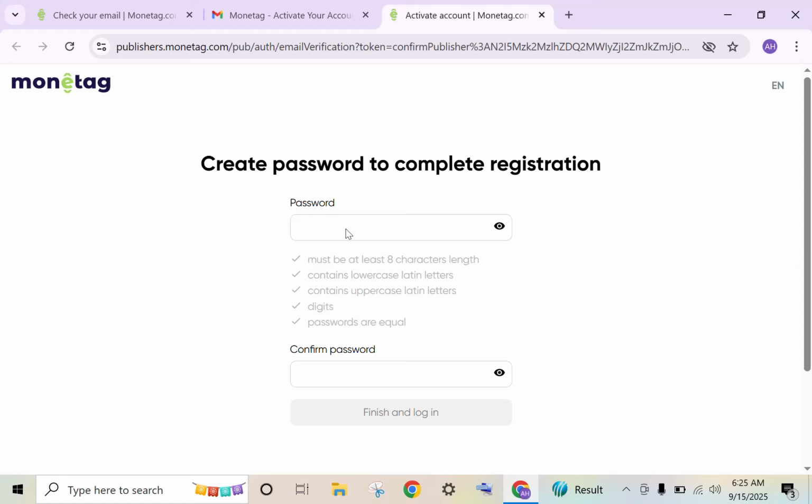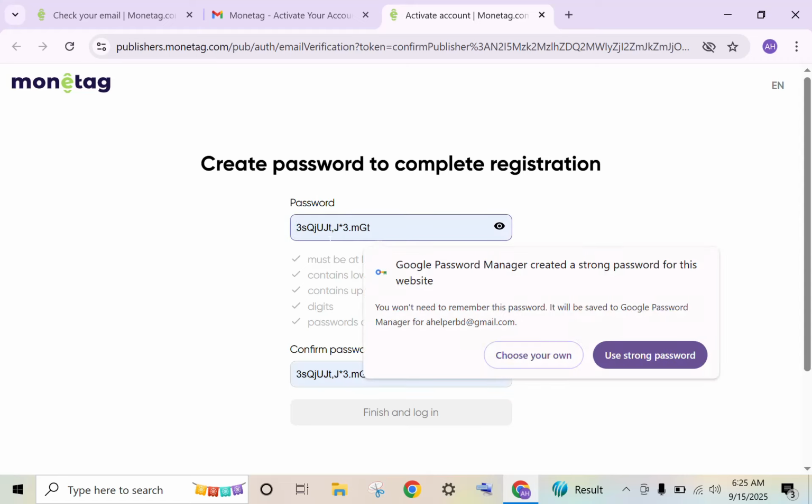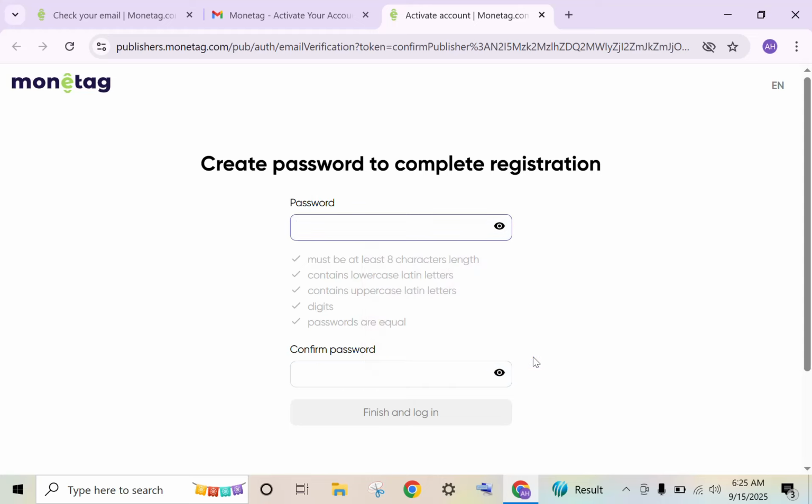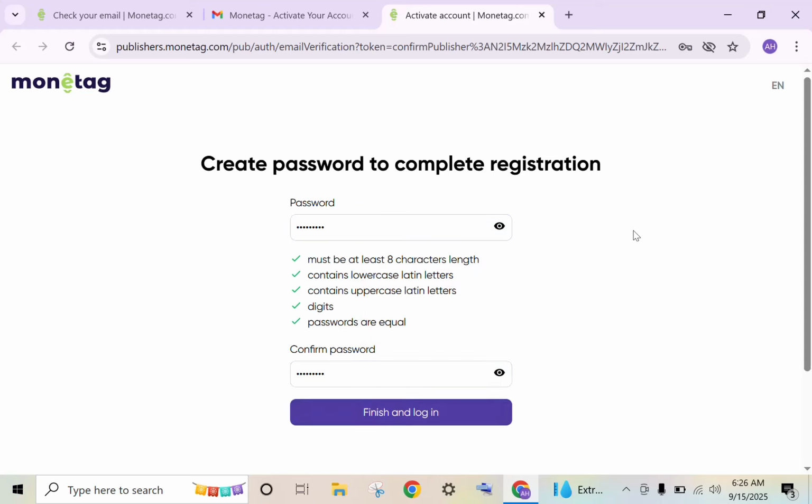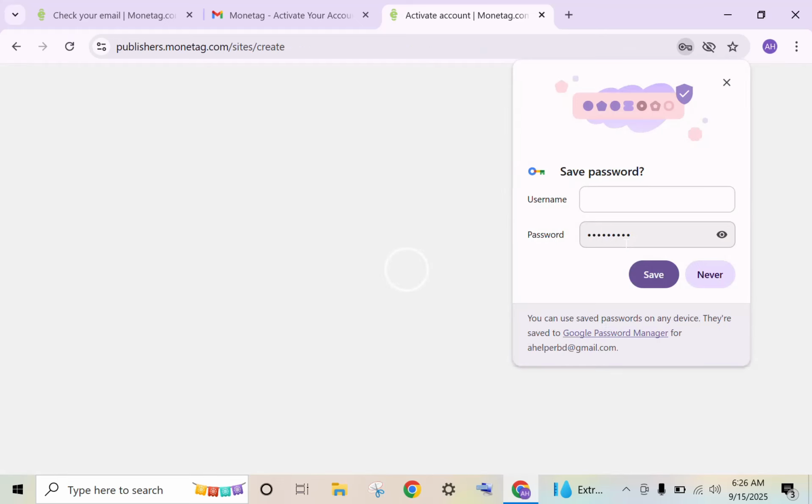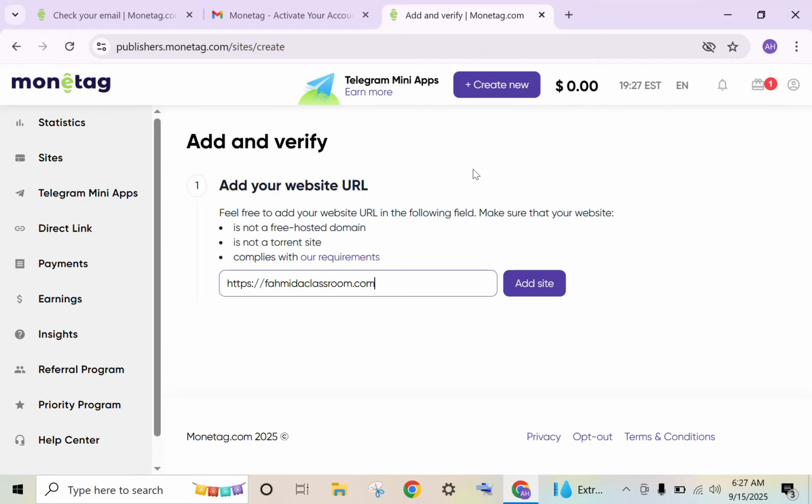Now you have to set the password for your account. You can choose your own password. Now click on finish and login. Yeah, our registration process is complete now,